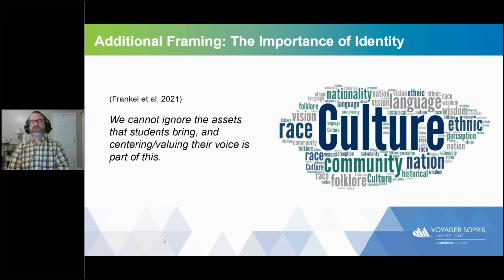Centering, valuing their voice is part of this. And so what is, in English language arts class, what is a literacy experience other than a way to, quote William Nicholson, the playwright behind the story of C.S. Lewis' Shadowlands, to know we're not alone in the world. In some ways, I want healing to be part of what we work with in reading. I want experiences to be part of what we work with in reading.